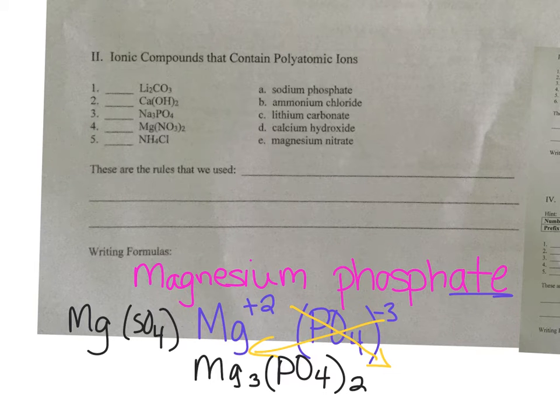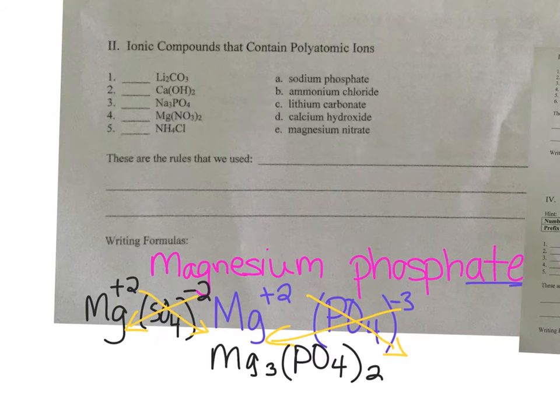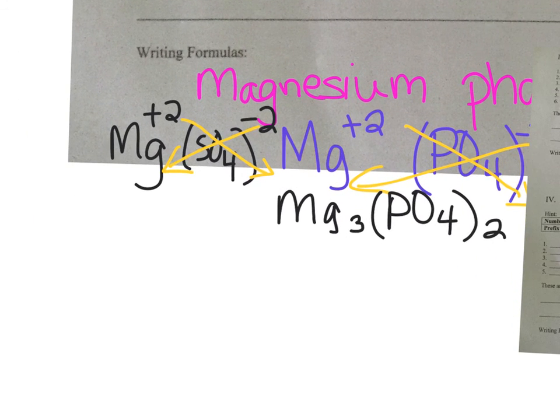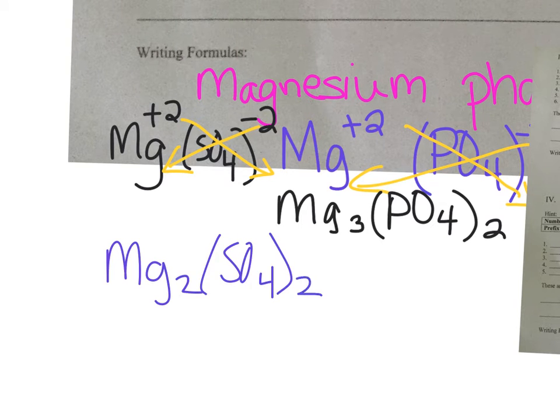Okay. The charge on magnesium is a +2. What's the charge on sulfate? Look it up. Hurry up. -2. A -2. All right. So crisscross them. We end up with Mg2(SO4)2. But ionic compounds, and I will reiterate this tomorrow, so if this goes over your head